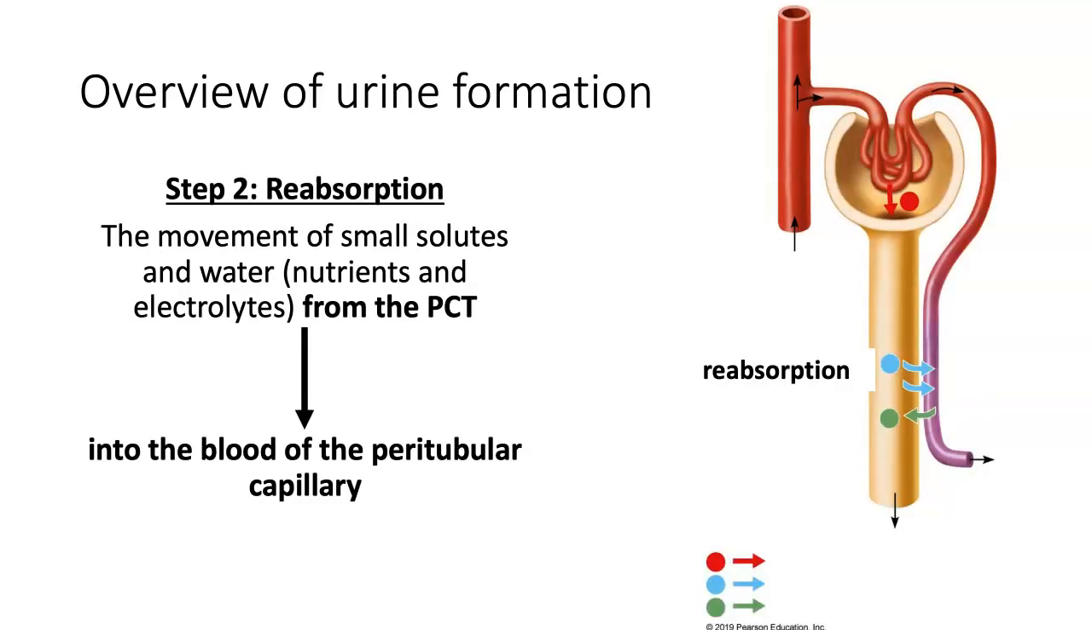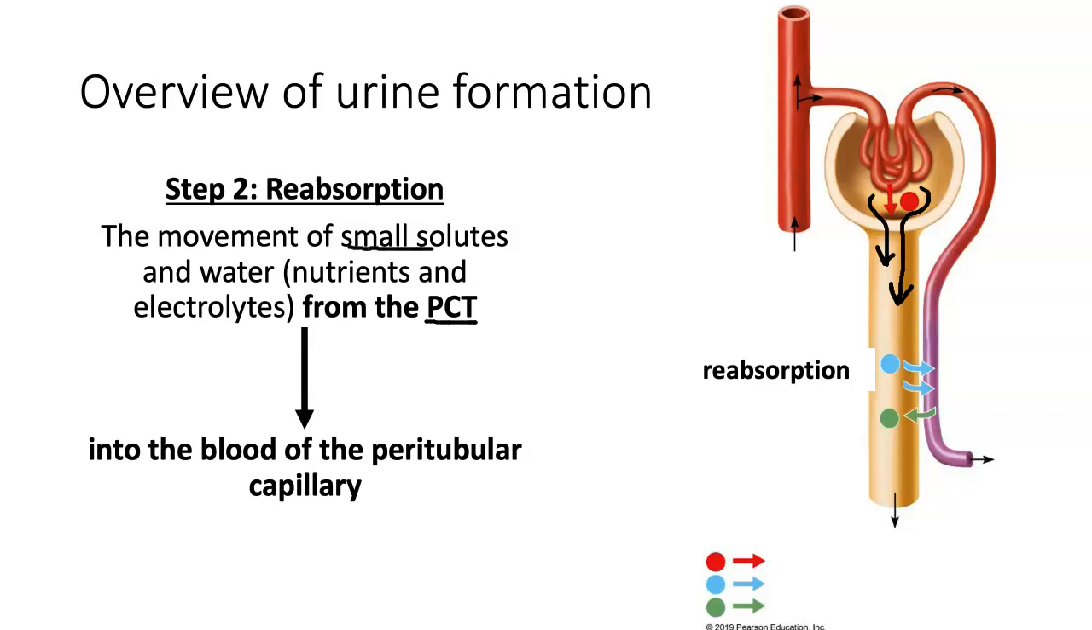So the second step in urine formation is reabsorption. So we said that small solutes and water are going to leave the blood, enter into the capsular space of Bowman's capsule, and then what happens is they start moving down the proximal convoluted tubule. So what we want to do next, particularly in the proximal convoluted tubule, because that's where the microvilli are located,